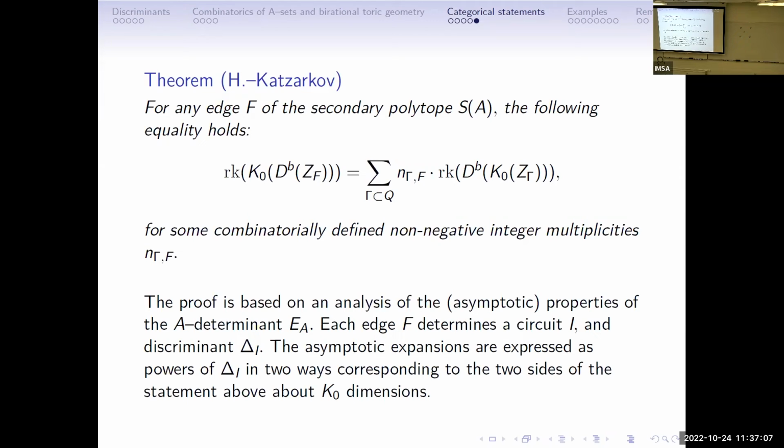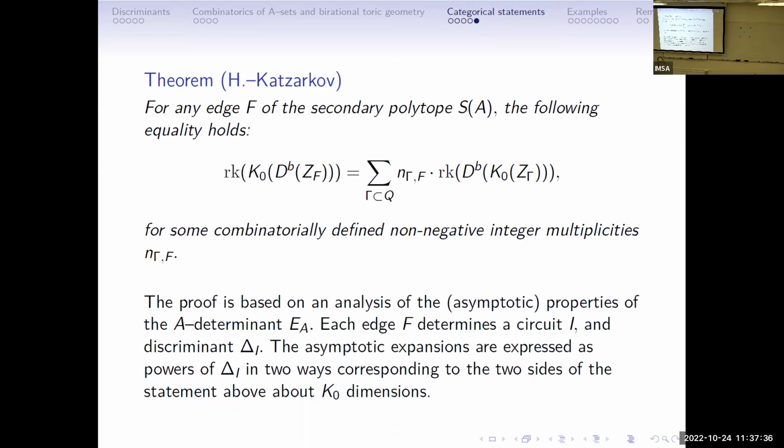It's in a way what we're doing. We're analyzing the asymptotic properties of this A determinant. So in spirit it is a proof, kind of in the spirit of toric geometry, and so you look at the asymptotics of this A determinant, and then